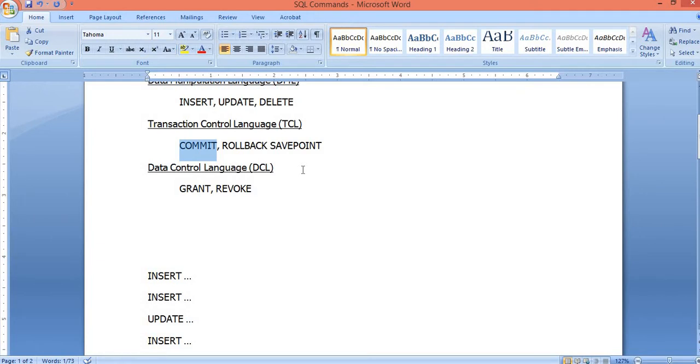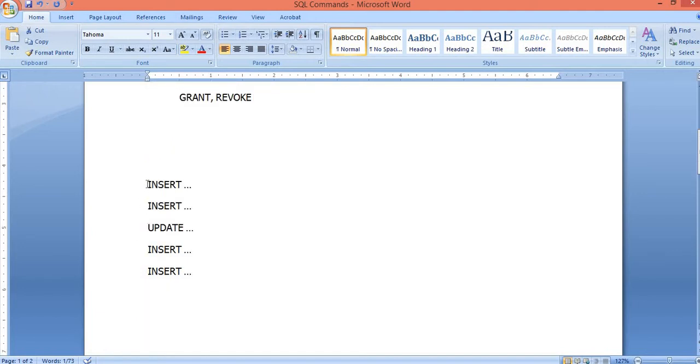If you want to take those results to your actual database, then you have to give this commit command. To be clear, assume that I am giving 2 insert commands, 1 update command, again 2 insert commands. Once after giving these 5 commands, their results will be available only in the buffer, not in the actual database.